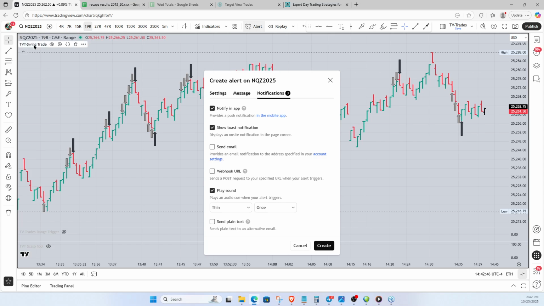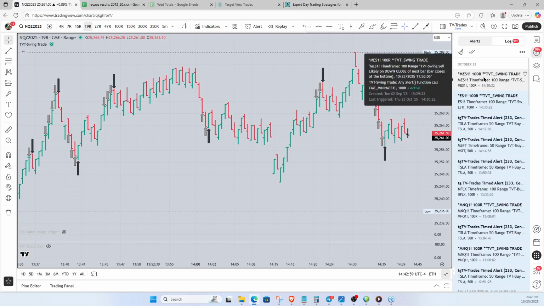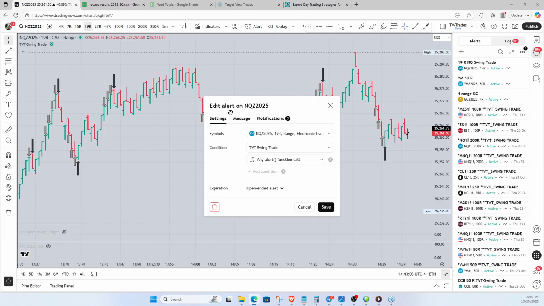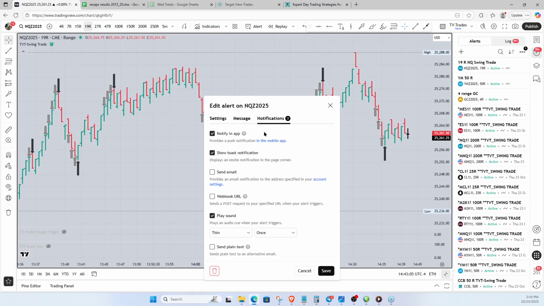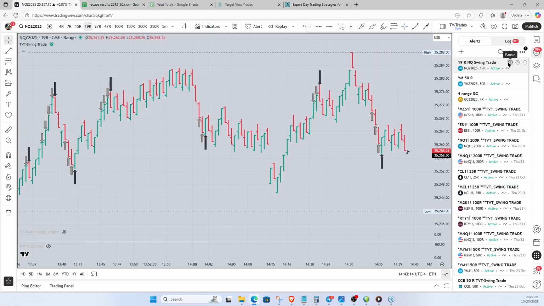One thing you have to have when you create the alert, you choose how you want to be notified. Swing trade, you have to have the swing trade active and on the chart. You hit create. Now this is the way it's going to remember it. You can't go in there after the fact. And the alert that we just created, if you go in there after the fact and change the notifications around, I don't know that it's going to remember that. I think it does. It remembers everything you do when you create it.